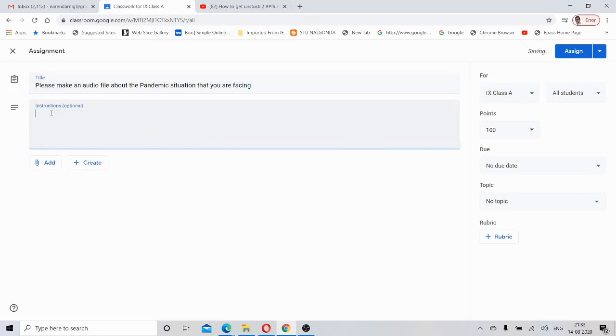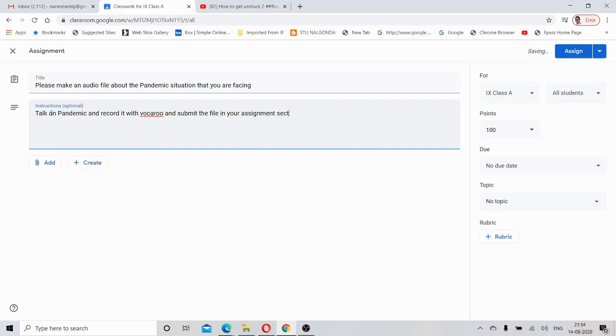So instructions. Talk on pandemic and record it with the Vocaroo tool and submit the file in your assignment section.